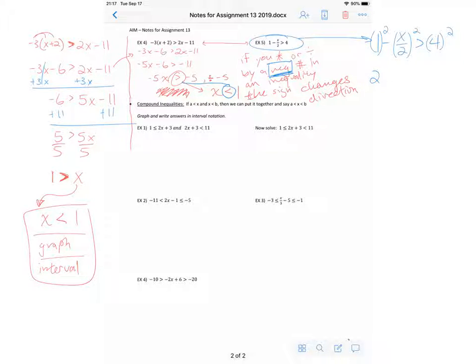So you'll have 2 minus x is greater than 8. Subtract 2 from both sides, negative x is greater than 6. Divide by negative 1. X is less than